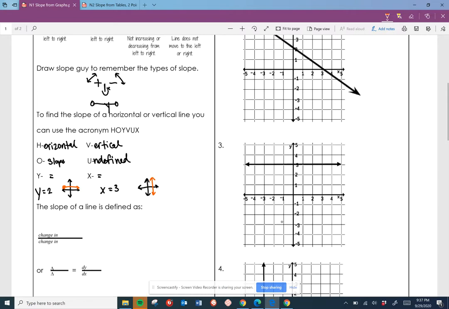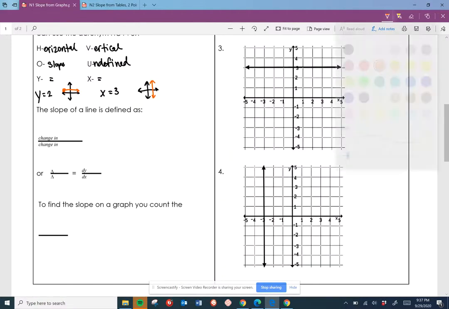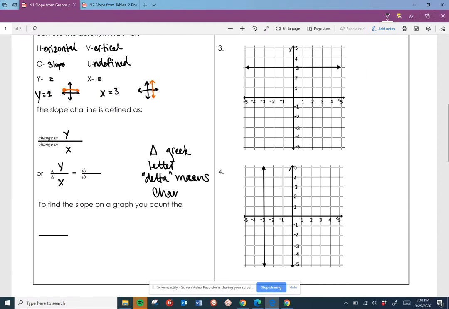We can find slope, okay? Slope is defined as the change in y over the change in x, okay? How much is y changing and then how much is x changing? We sometimes will refer to this as delta y over delta x, okay? These triangles over here are deltas, and that is a Greek letter. So that is a delta, and that just means change, okay? So that's just an easy way for us to abbreviate change, okay? And we sometimes will see dy over dx as the same thing,